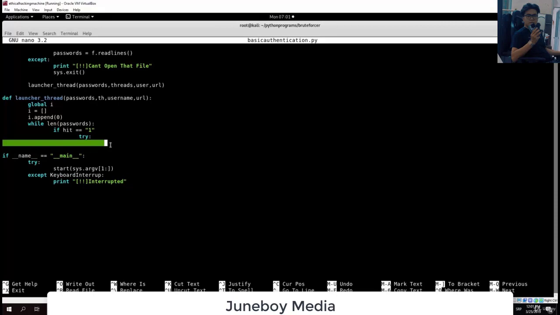So how can we check if the current number of threads in our I variable that we specify for our threads is smaller or bigger than the thread count specified by the user with the threads option? We can do that if I of 0 in our brackets is smaller than th. Now why do we use th? We use it because th is what we specify in our def launcher thread options. So if I is smaller than th,